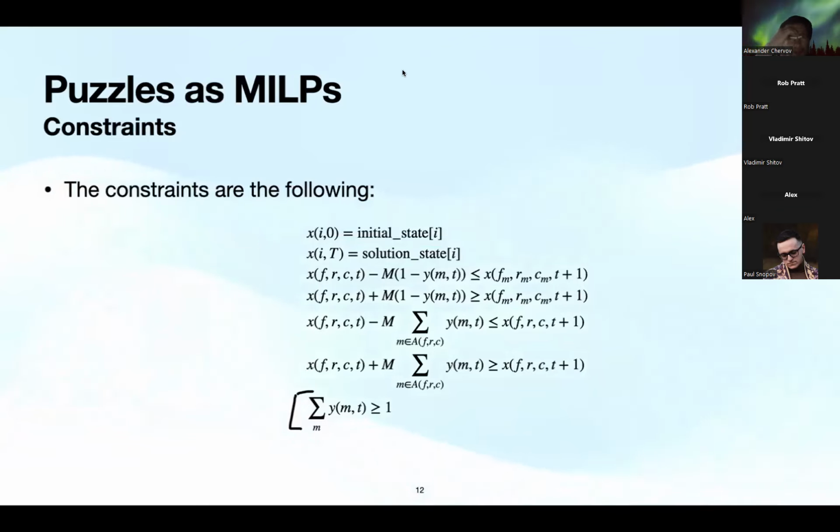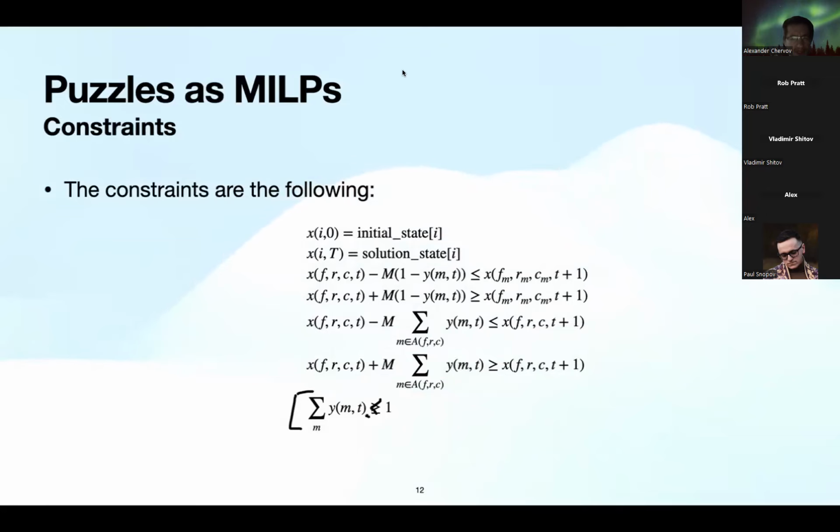This should be less or equal to 1, right? At most 1 move per step. Yes, indeed. Actually it should be equal. Equal if you use all the steps, exactly. But if you're trying to minimize, then you want to allow the possibility of not performing a move in some step. Yes, indeed. So it should be less or equal to.